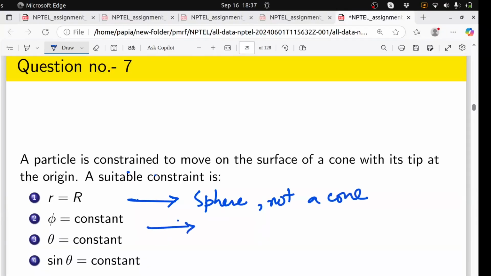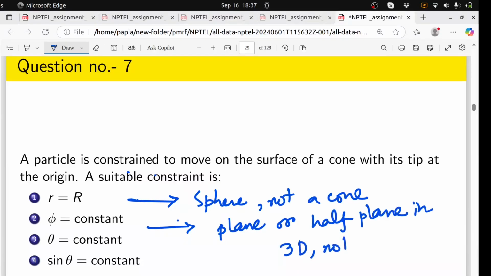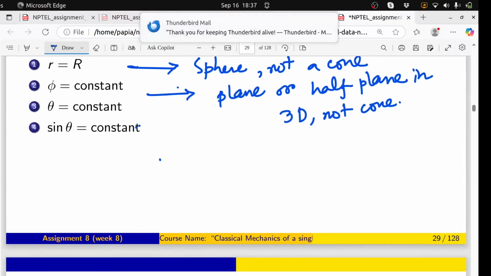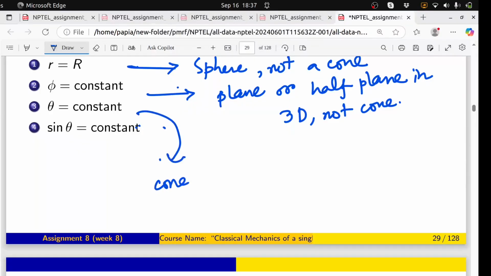Now phi equals to constant is like a plane or half plane in 3D, not again a cone. Now theta equals to constant, as we already mentioned, this is a cone and the motion